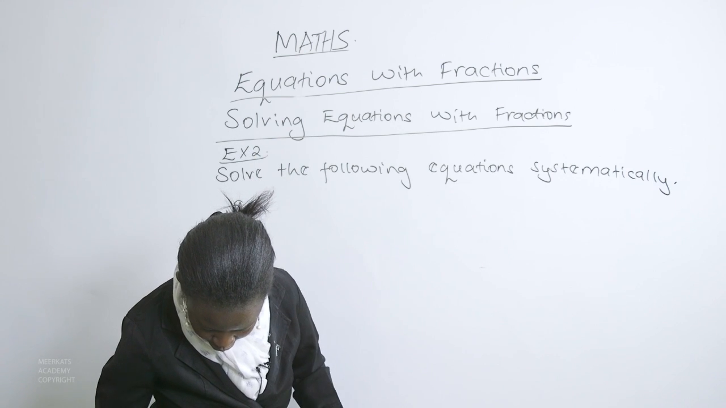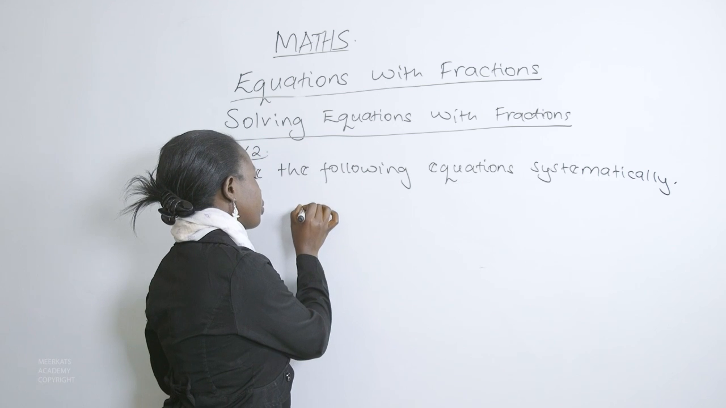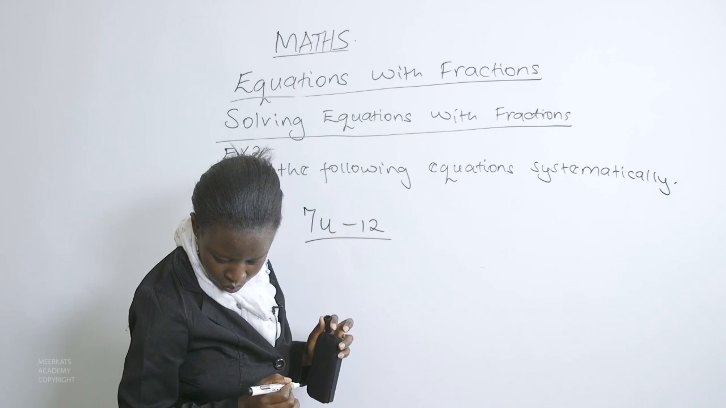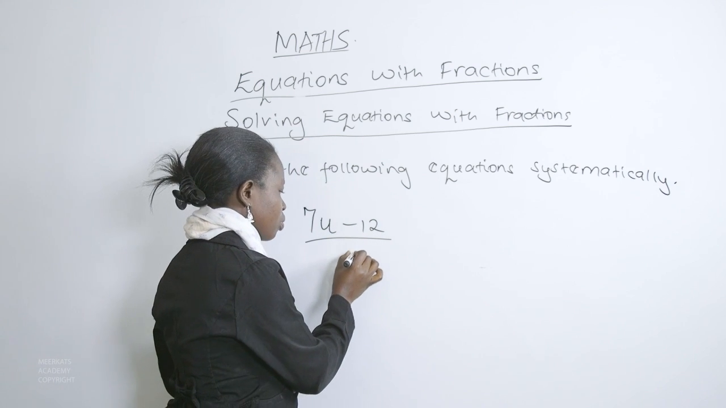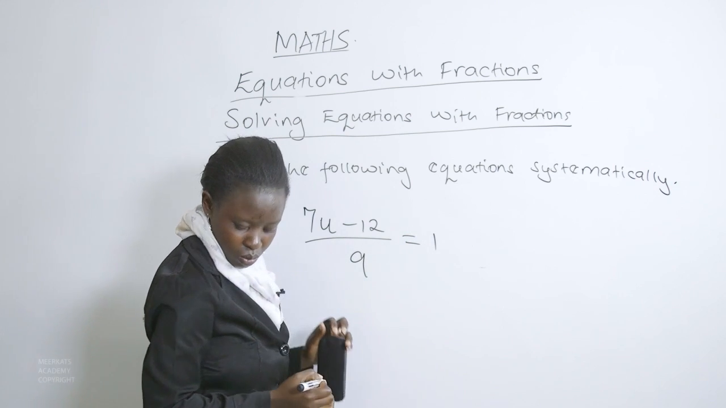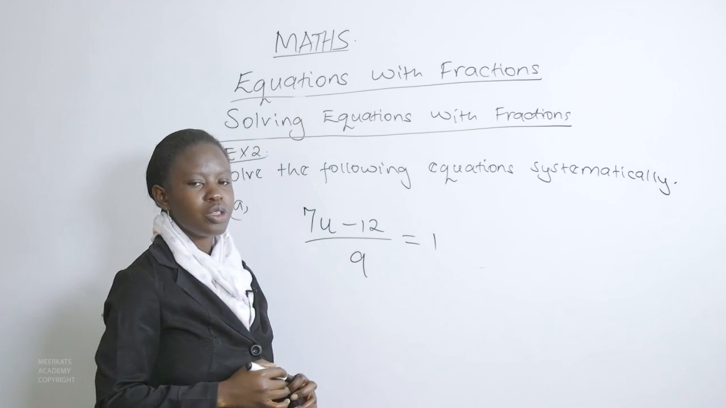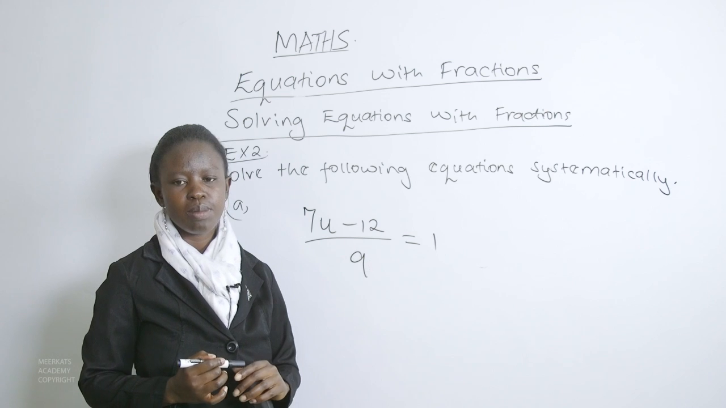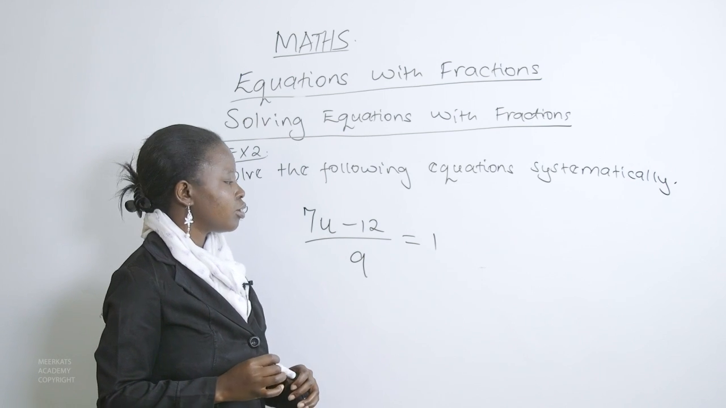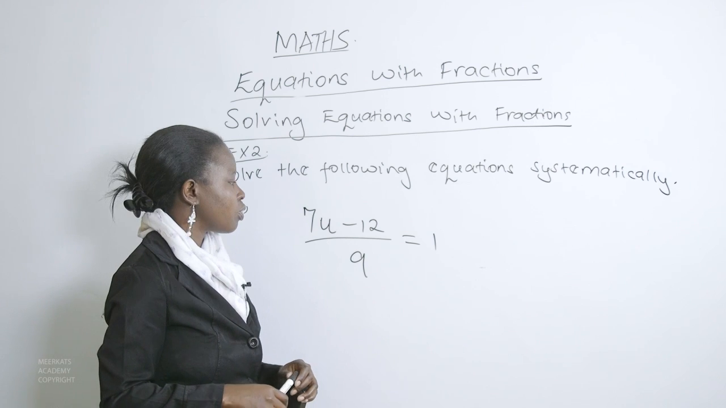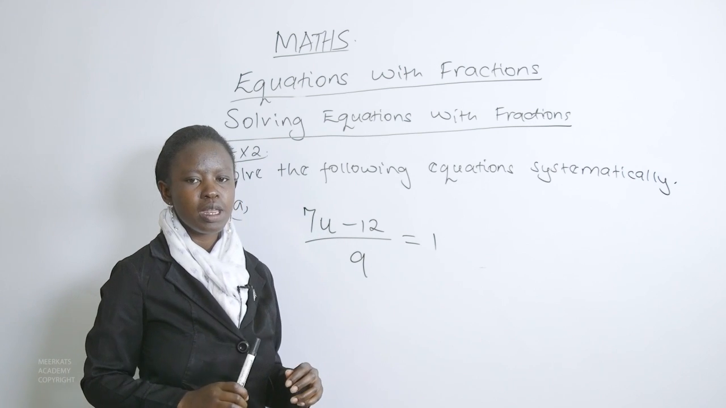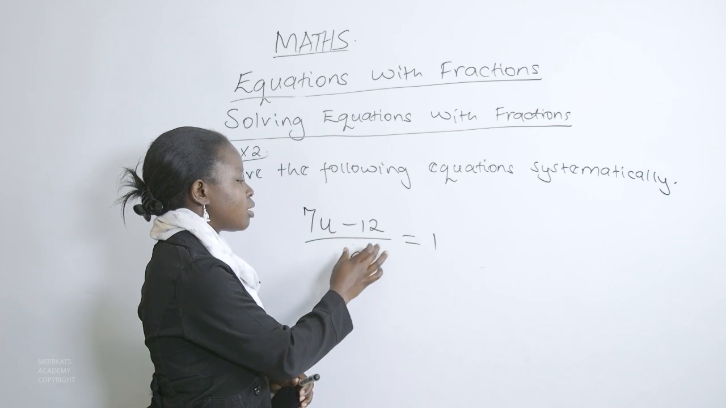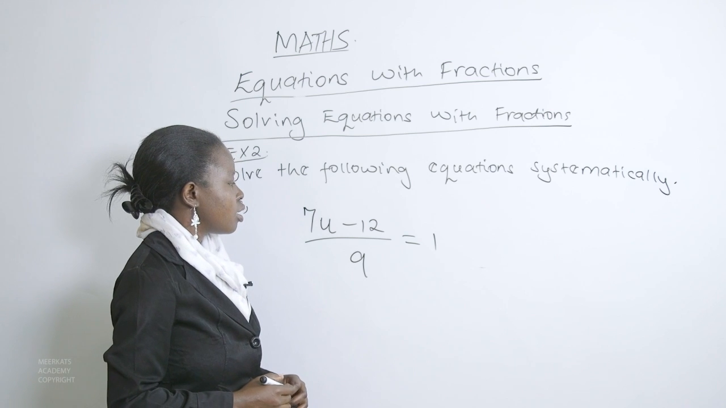Another question we have: 7u minus 12, divided by 9, will be equal to 1. And we need to get the value of our pronumeral, which in this case is u. So finding the value of u in our equation, the first step, since our denominator is covering all the